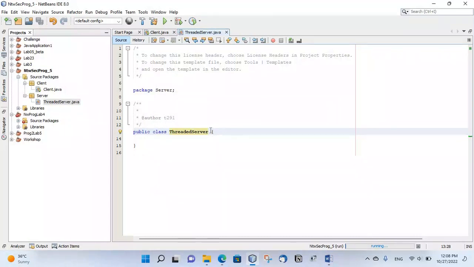So the first thing that we are going to need is to implement the threads. And this time we are not going to extend thread, but we are going to implement an interface. And I hope that you remember what an interface is. An interface is a class that is available for use, and all of its methods are abstract. So let me implement